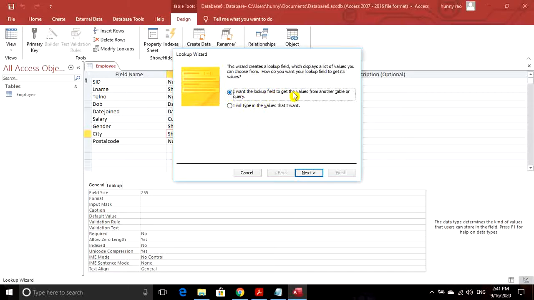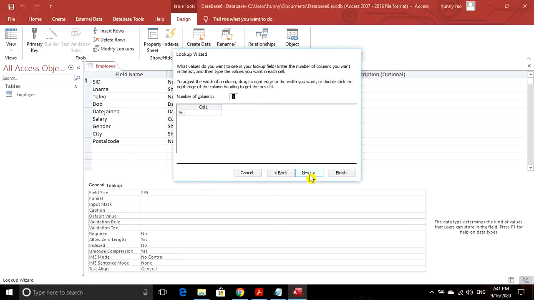I want the lookup field to get the values from another table or query, and the second option is I will type in the values that I want. For now, we don't want to get values from another table or some query. We will do it later. For now, we will select I will type in the values that I want.